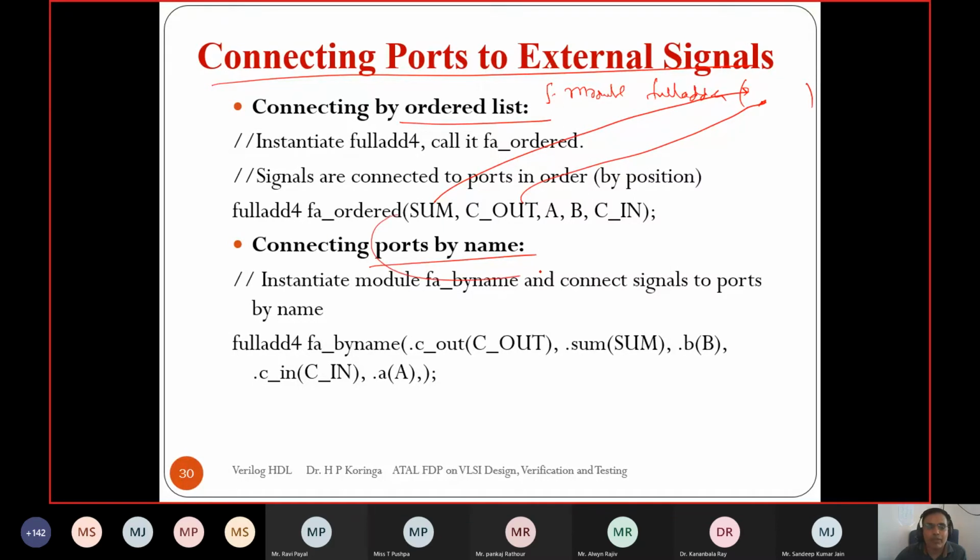Another way is specifying the port name. So here the connection order is not important. That specification is through the dot. This is the name of the port given in the module, and this is the port through which we want to connect it, right? Suppose you are designing using this half adder,